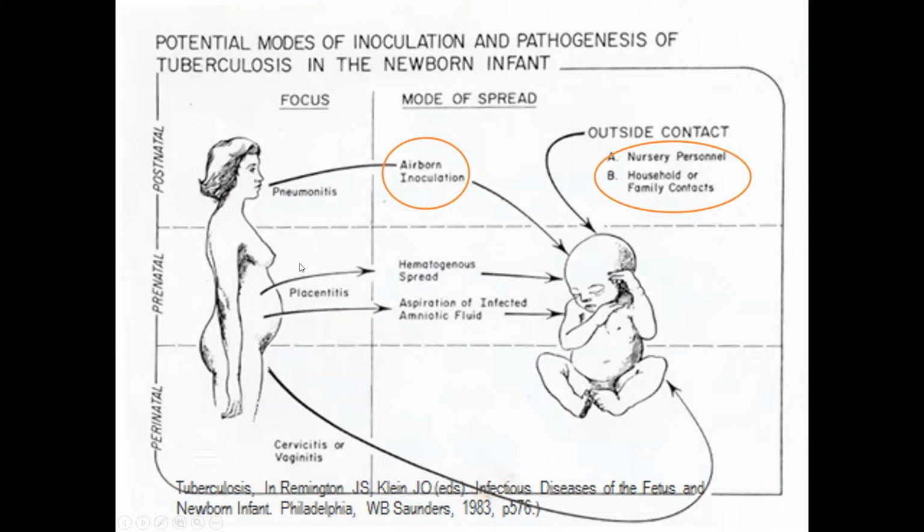Rarely we'll see congenital tuberculosis that may be spread from the mother if she has hematogenous spread of TB during her pregnancy, so primary disease or miliary disease or meningitis, or if she has active TB of the genitourinary tract. I've only seen about 3 congenital cases in my practice over 30 years. It's not very common, luckily.